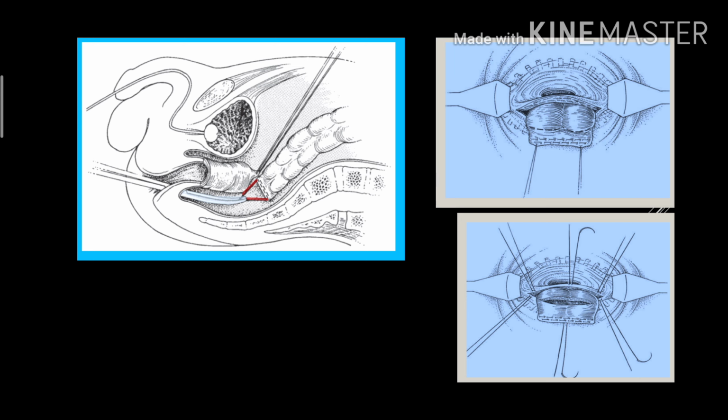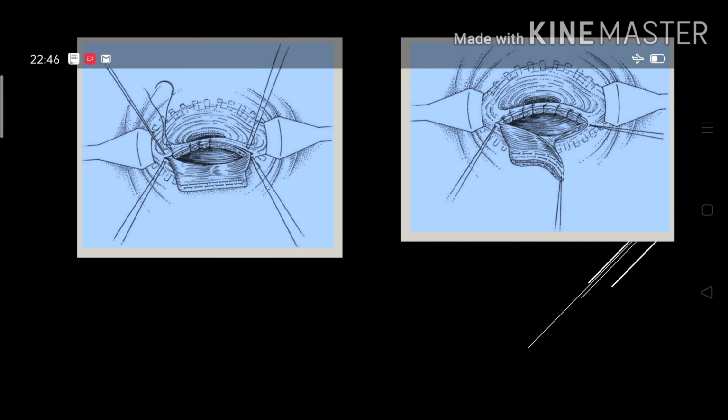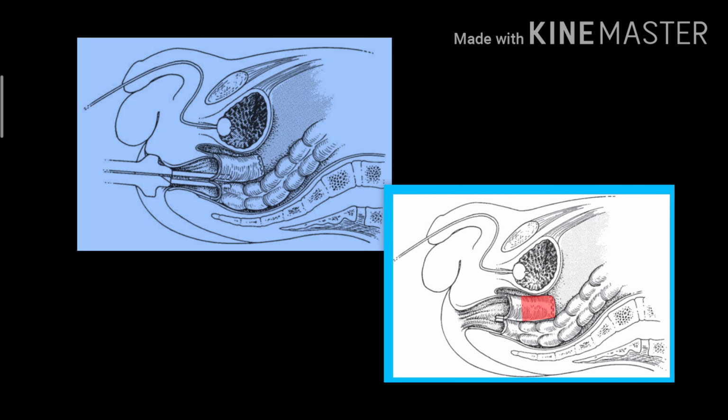So we have brought out the bowel, we have opened the bowel, and we anastomose this bowel to this bowel. So it appears like this. This anastomosis is happening. This anastomosis is completed. Don't worry, you'll understand in the next picture. We can see this anastomosis between this bowel and this bowel is completed.